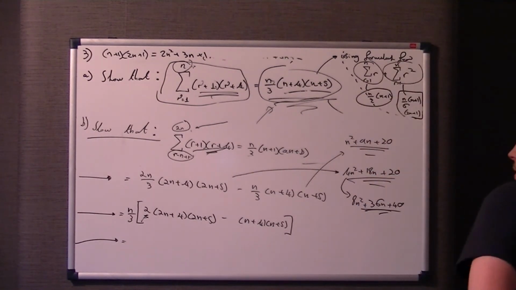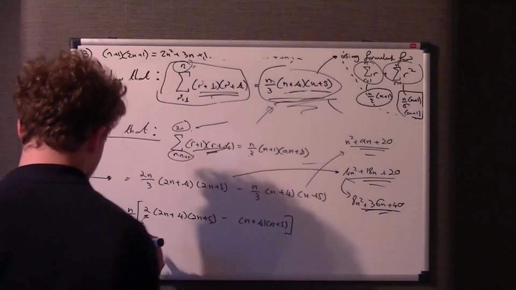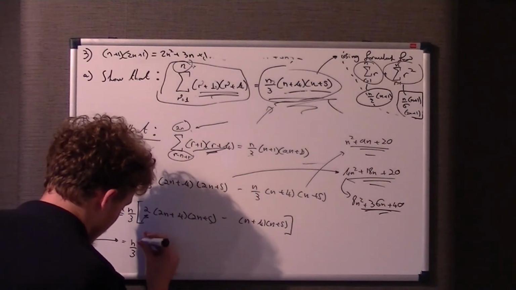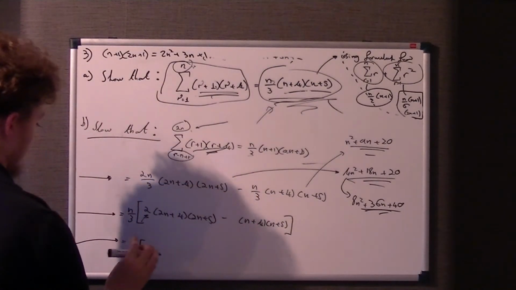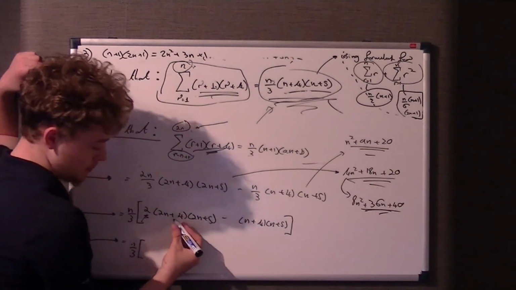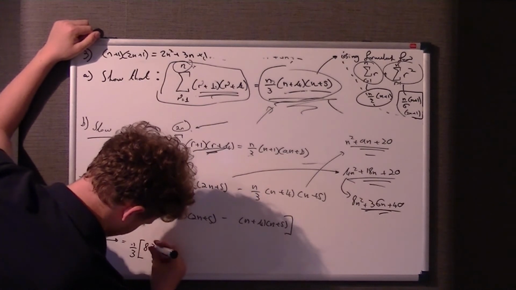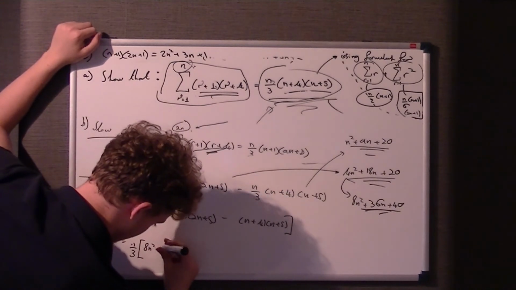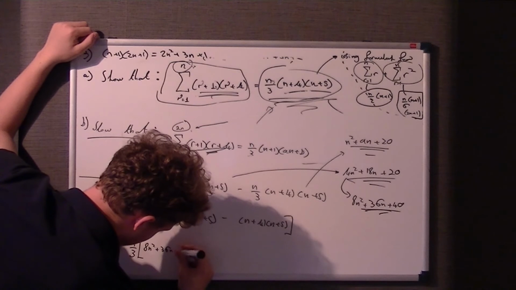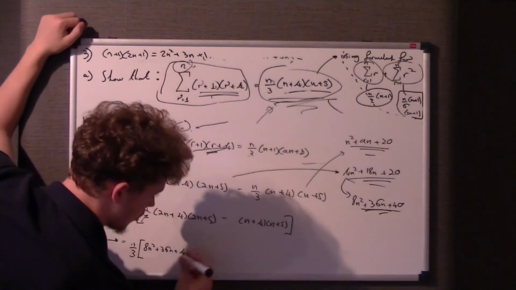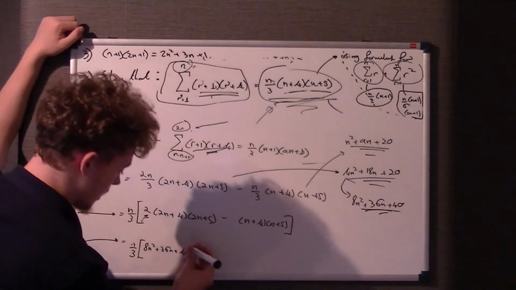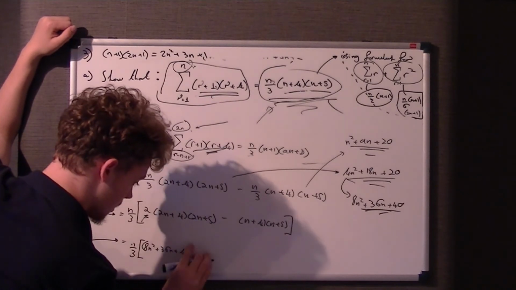Okay, so what we're doing here, we're just going to sub in our values now. n over 3 is still out as a common factor. We said 2 times 2n plus 4 times 2n plus 5 was this 8n squared plus 36n plus 40, and we're taking away from that, okay, this. Now we need to put them in brackets, okay, because